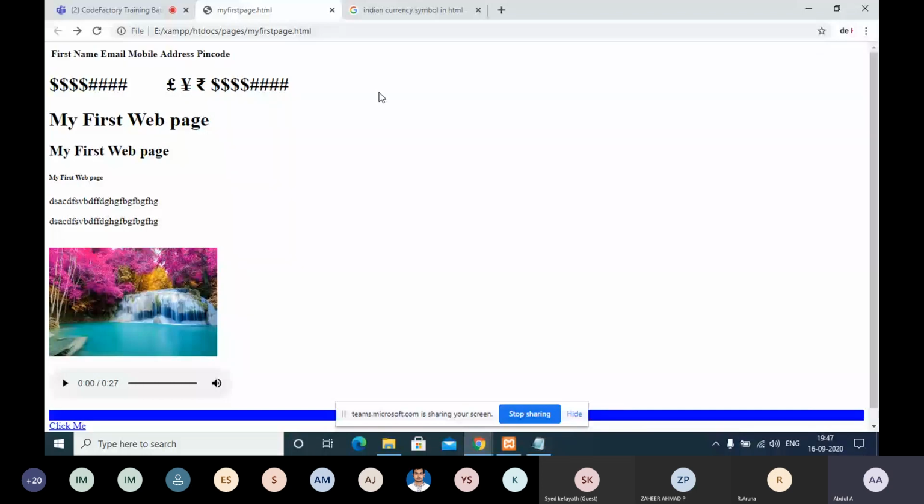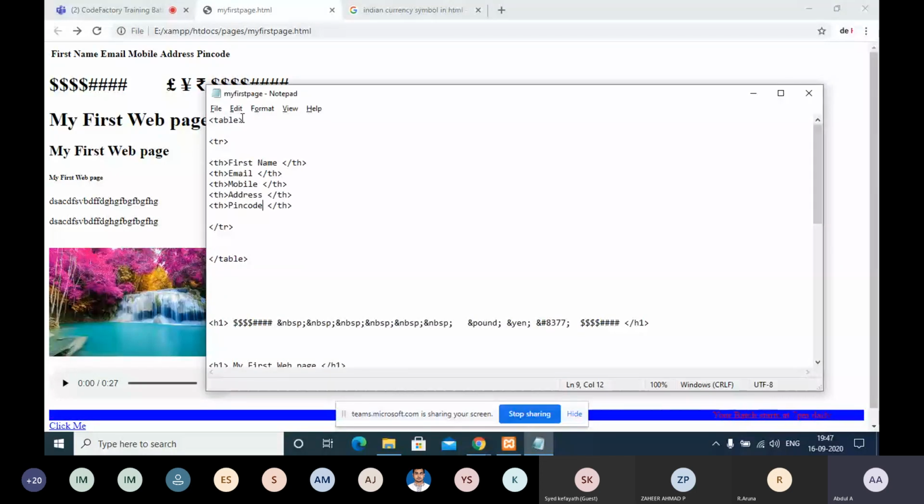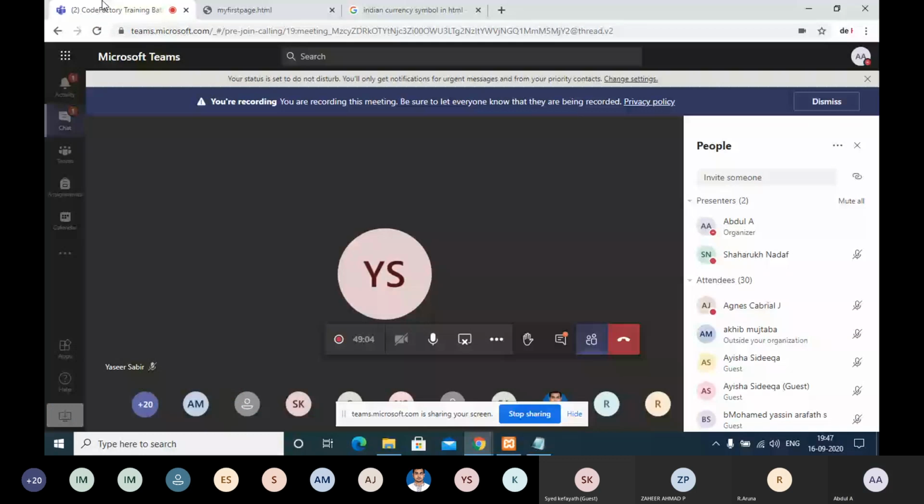That is the styling part, CSS. We will start the styling part tomorrow. But we can even write it in the HTML tag itself, with border and so on. Yes, sir, you can add height, width, and all the attributes, whatever we require. I can add all these things, right?